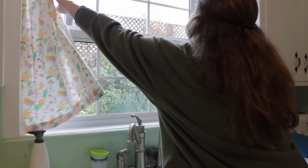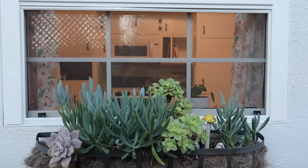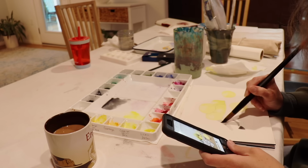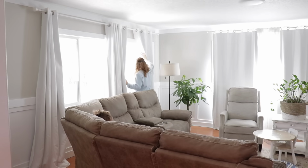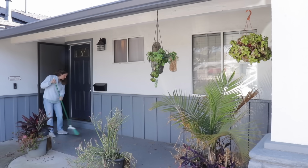Creating a beautiful, simplified home is all about making an environment where we can all thrive, feeling cozy and calm. I feel a home should reflect your personal style, whatever that may be, and have things in it that are beautiful to you and your family. Today, I'm sharing a week in our lives working on making our home functional, cleaning, baking, and adding some art